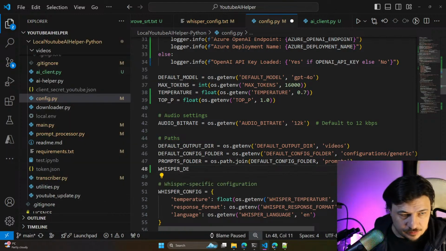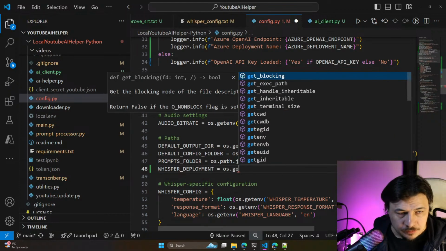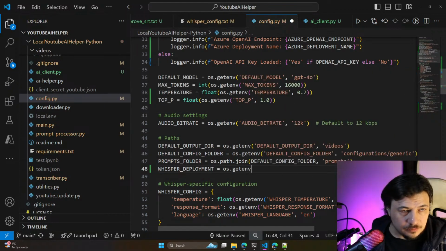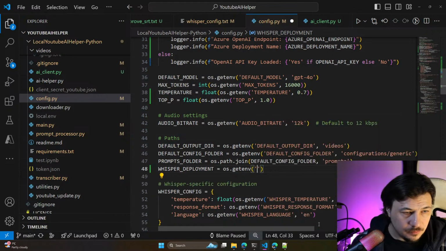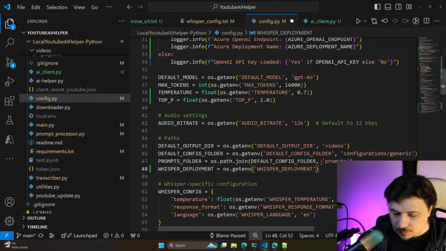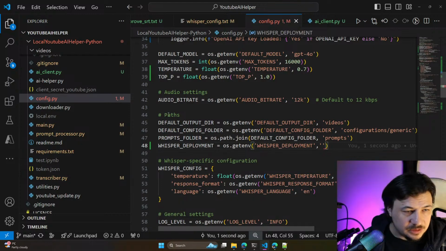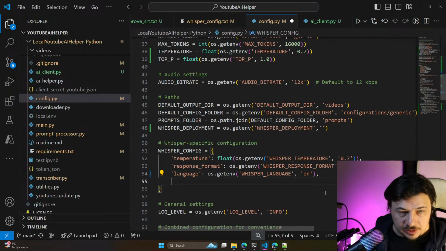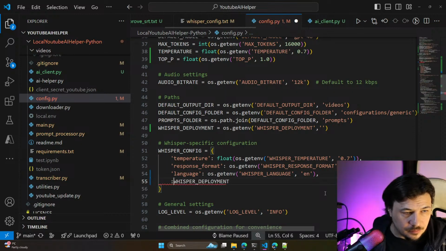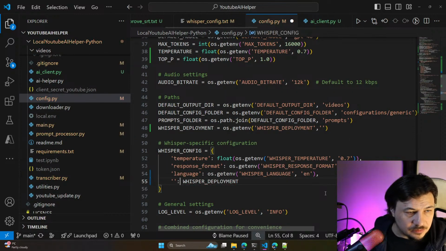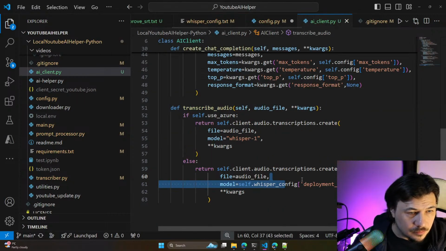Whisper deployment as... and it would be like everything else, but the only change is that we will have that as deployment name.